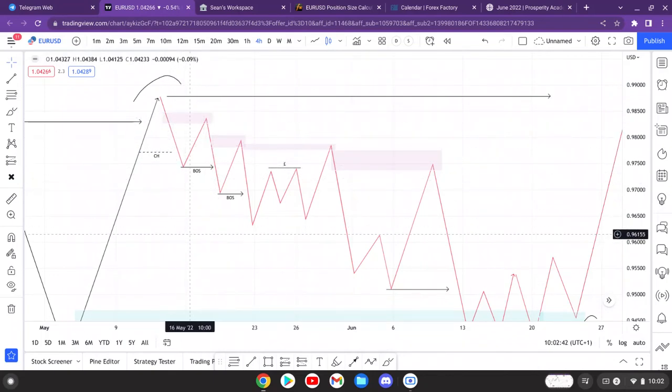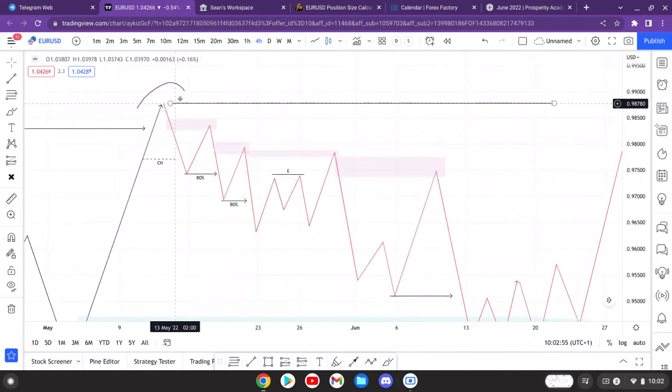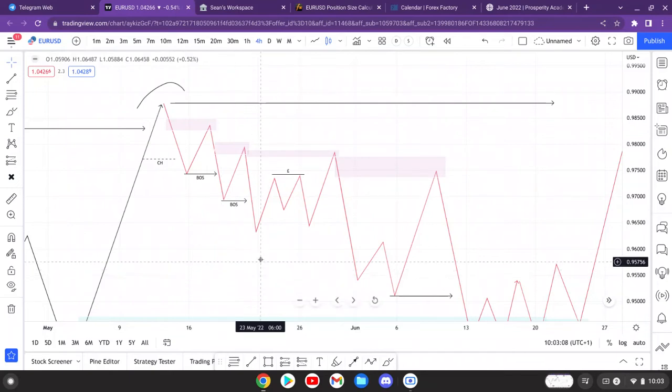Am I going to trade this? Yeah, for sure I'm going to trade this, because what I'm really waiting for is this higher low, the big move, the higher low to be printed and targeting these highs. But am I going to sit there and watch loads of opportunity just go by me? No, I'm going to get involved in the market. Does it incur more losses? Yeah, it does incur more losses, but